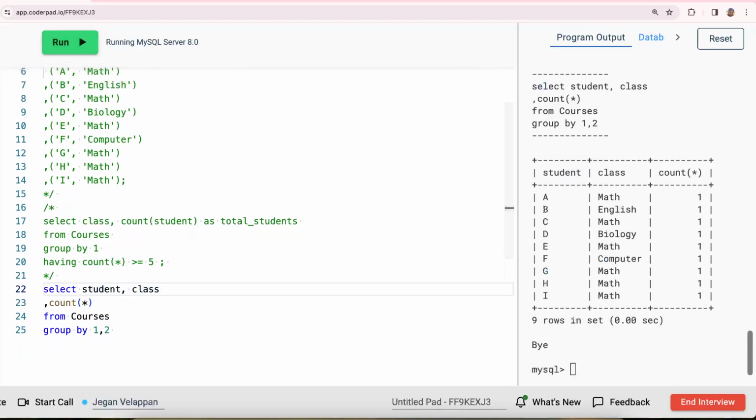So if I run this, it's going to have only one as a count because the student and the class combination is going to be unique. So I can't use the count for this scenario. So how will I do it? I have to use a Windows function. I say over